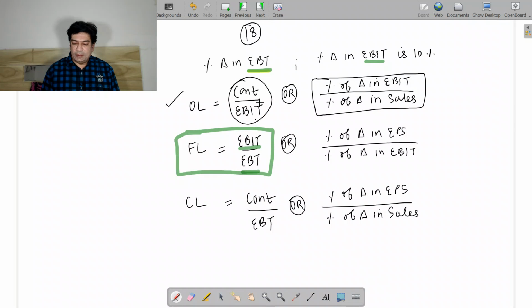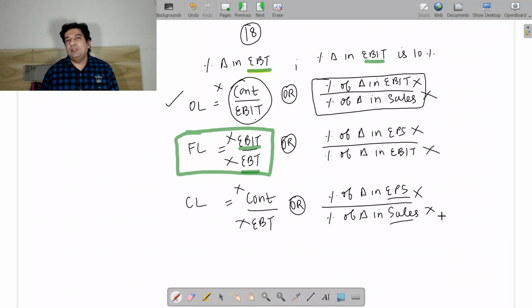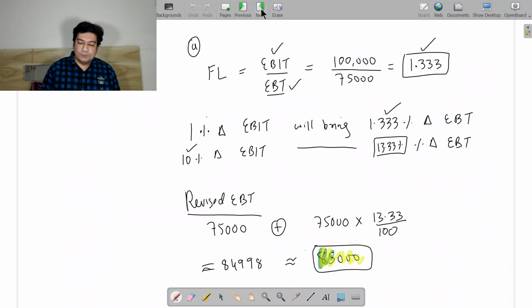EBT sales I am not having. So if I go through all the 6 formulas, I understand that EBT to sales I am not having. But one thing you should remember, if your variable cost is in direct proportion to your sales, in other words,